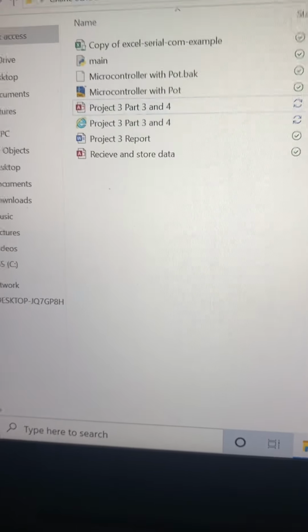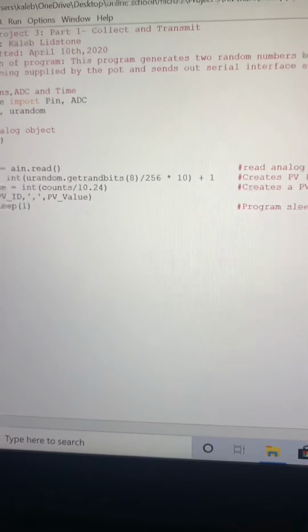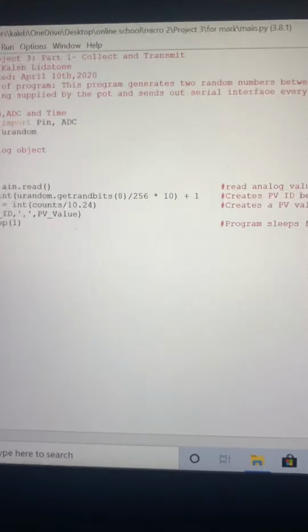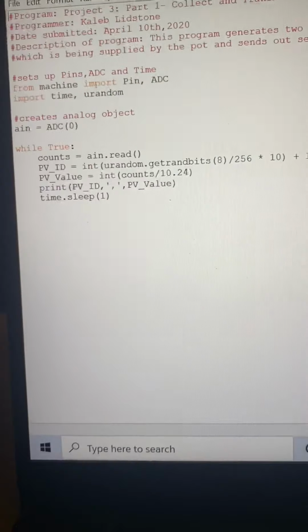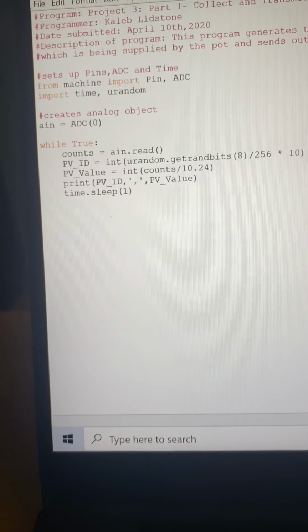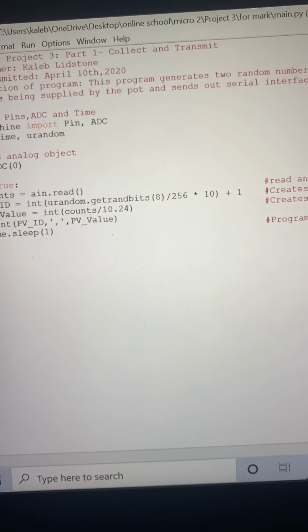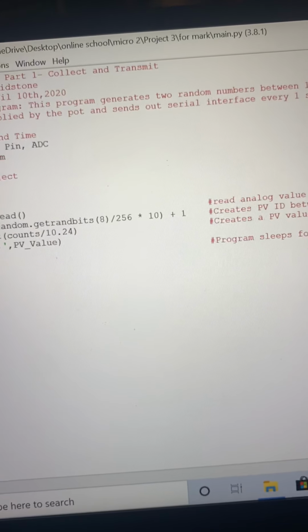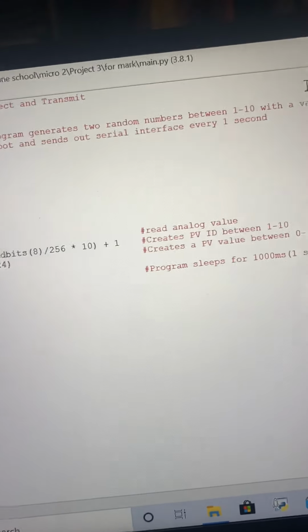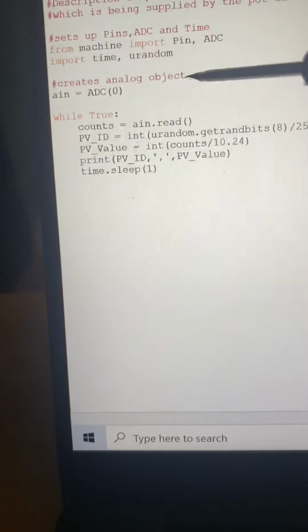So I guess we'd start off here, what gets the project going. This is my collect and transmit for part 1. What this does is it generates two random numbers between 1 and 10, which is our process variable, right? Because we're using 1 to 10, but in reality there's usually a bunch of them. And then with a value from 0 to 100 from the analog input, which is being supplied by our pot. So this obviously sets up our basic analog